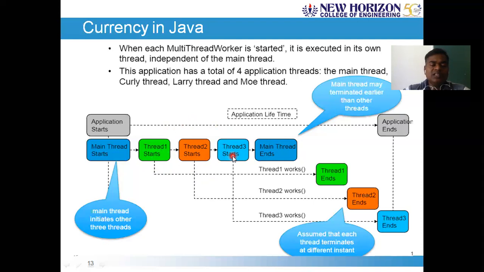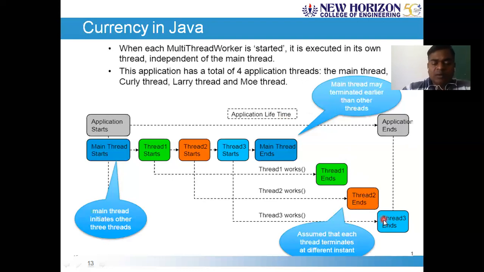Once all these 4 threads get initiated, the main thread, thread 1, thread 2, and thread 3, each of these threads will complete its job and return to the main thread. In this example, thread 1 completes, followed by thread 2, followed by thread 3, and followed by the main thread.